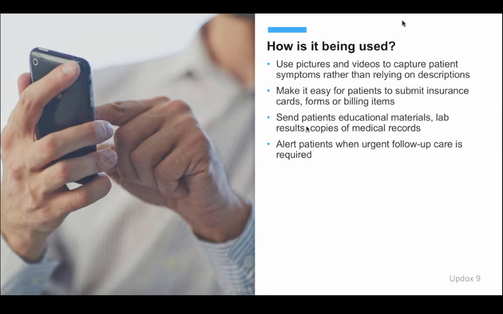So it's really important to be able to now make this much more feasible for patients to do ahead of time, or asynchronously, in a way that they don't need a printer, they don't really need any type of information other than their phone. They can simply fill out the information, take a picture of it. If they have a new insurance card, they can snap a picture of it, send it in, and again,